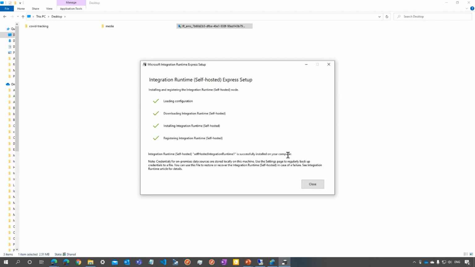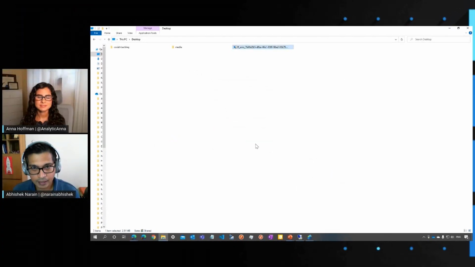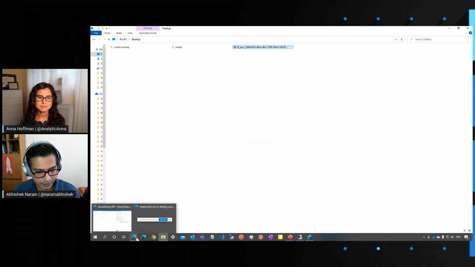Great. So here's our setup, which just successfully completed. It went into installation and then registered this whole node as well. And you can see there's a node name over here, which shows up. And I can click on close. And I can quickly validate this by going into my